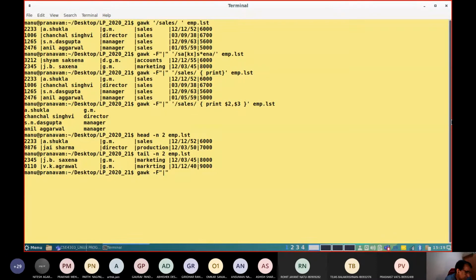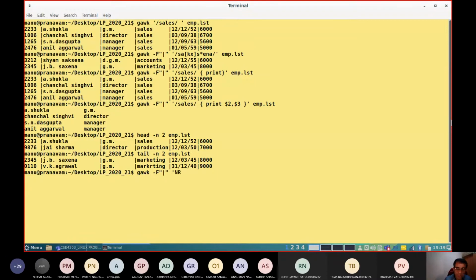Next, the selection criteria part. You are not selecting depending on a string available in a particular field. Instead, you want to print based on line numbers. Write NR, which stands for line number, and write equal to, like in C, line number 3.